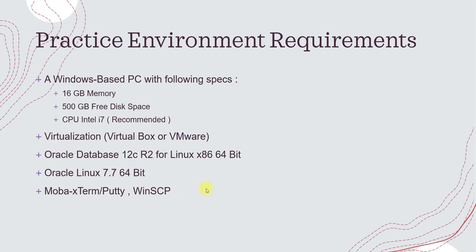Now, what are the practice environment requirements? Whatever requirements I have mentioned here are not a must. You can be below or around it. Whatever I am using, I am mentioning here. I'm using 16 gig of memory. I have more than that, but I'm using 16 gig or around that. One virtual machine will have 8 gig of memory, so that's how it is 16 GB. I'm using 500 gig of free hard disk. I have a multi-core Intel i7 processor, so that's what I'm using.